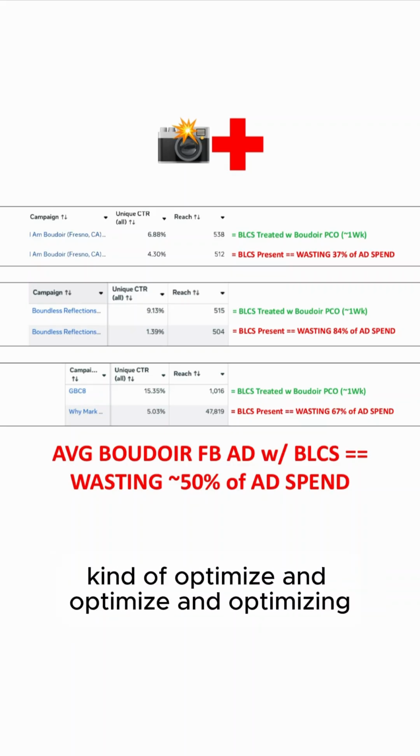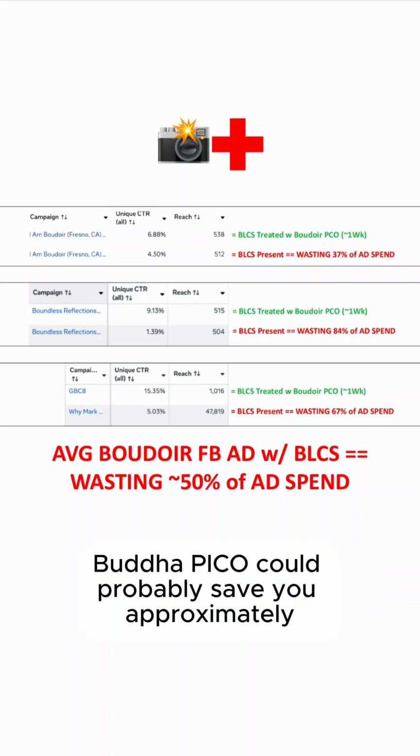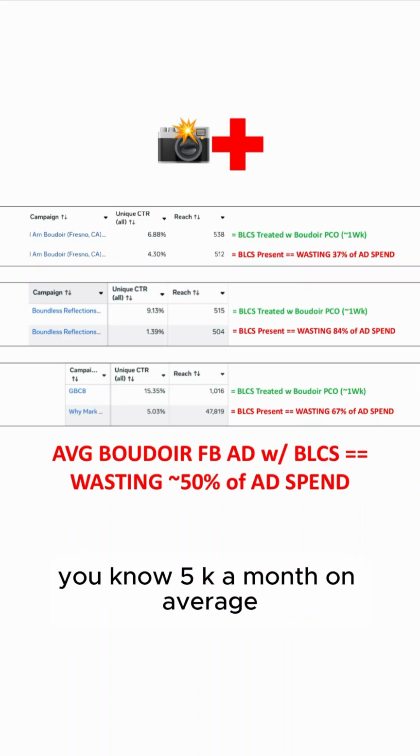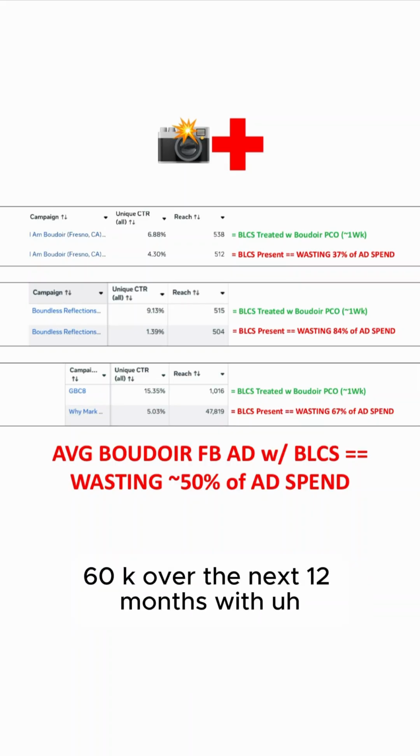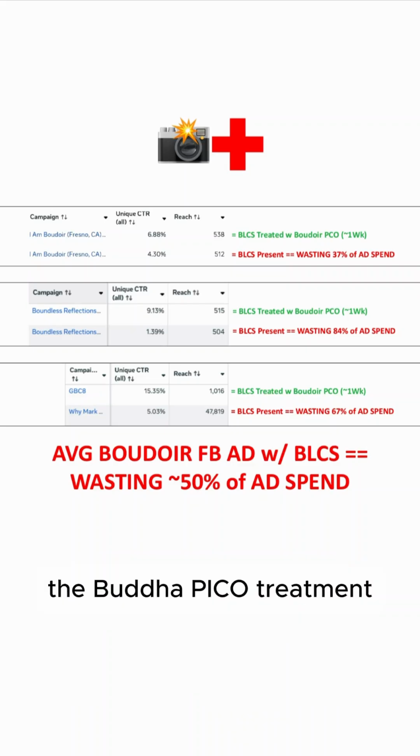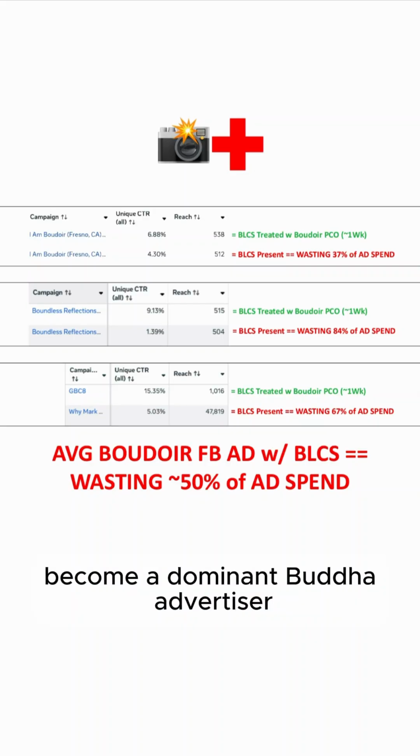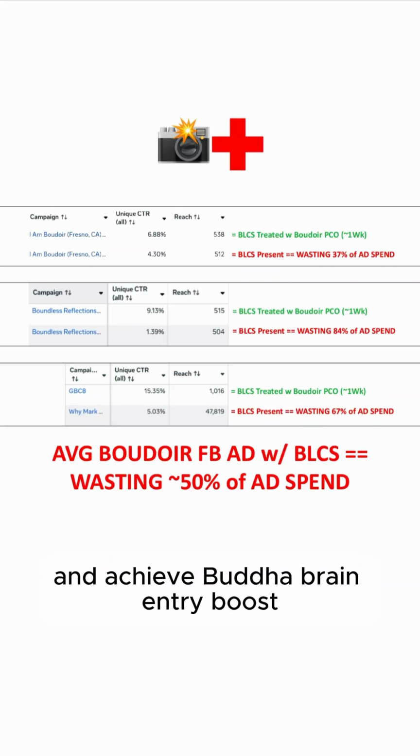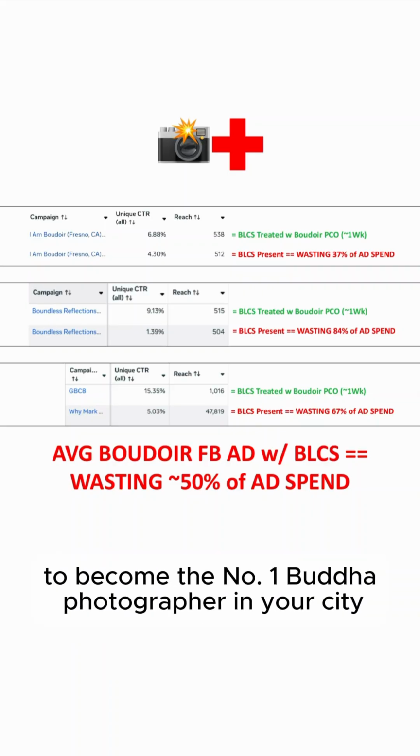Kind of optimizing. And you see that with Pico, which could probably save you approximately 5K a month on average, 60K over the next 12 months with the Boudoir Pico treatment. And if you want to achieve pre-click alignment in your Boudoir Facebook ads, become a dominant Boudoir advertiser, and achieve Boudoir brain entry boost, because you need that on your path to become the #1 boudoir photographer in your city,